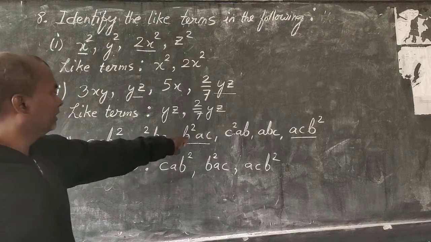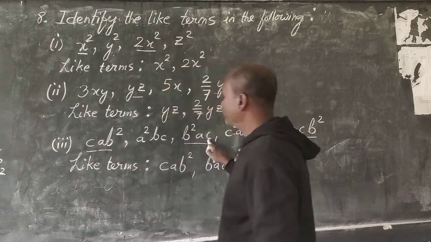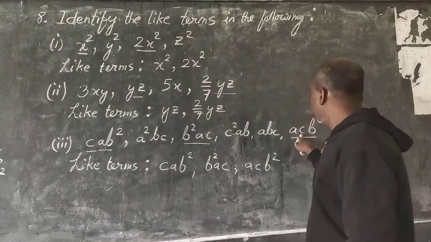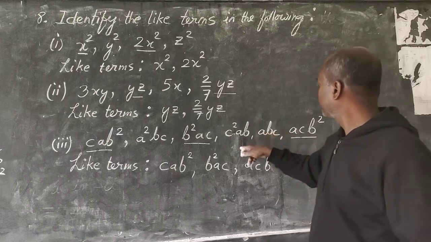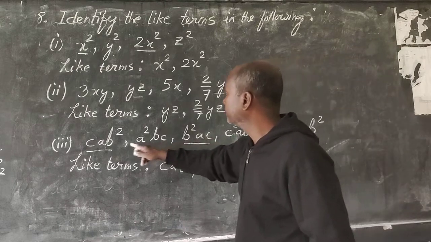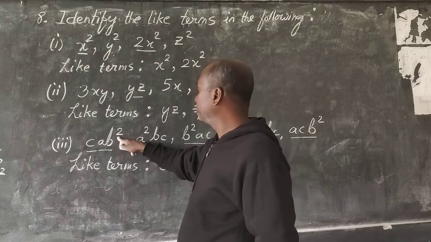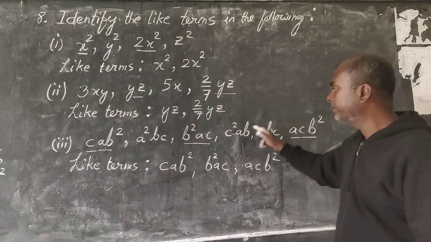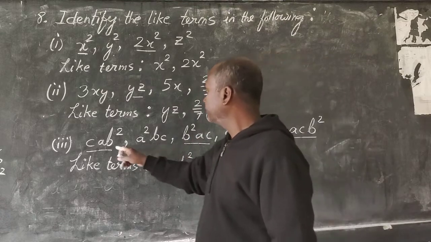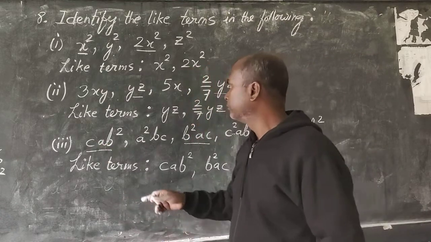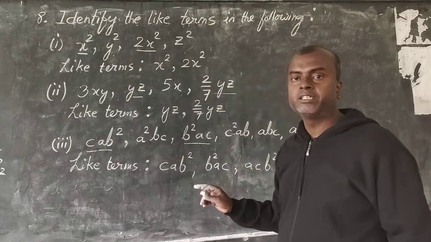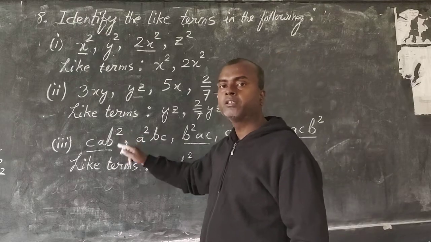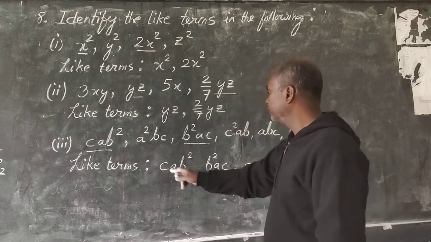C should be there as many times here, so also here. C is given 1 time, C is given 1 time. Even here also, C is once. A is given here 1 time, that means A's power is 1. Here also A is 1. B is given here 2 times, B's power is 2. Here also B's power is 2. Here also B's power is 2. In that way, they become like terms, not only just by the presence of the similar variables. We say all have ABC, ABC, ABC in them, so why not all become like terms? No. Even the powers of the variables should be the same. Okay. So these are the like terms.